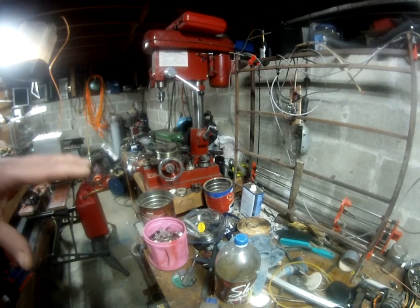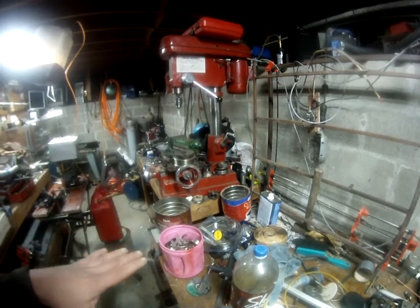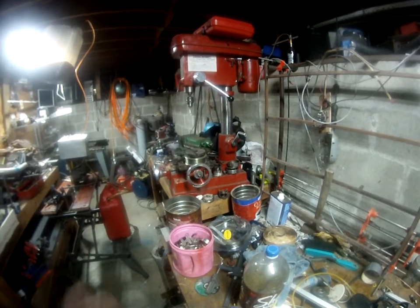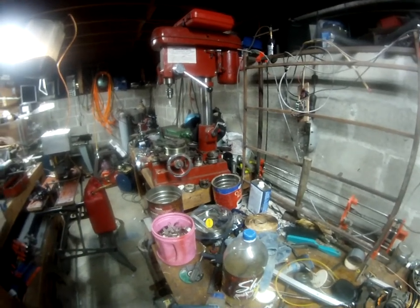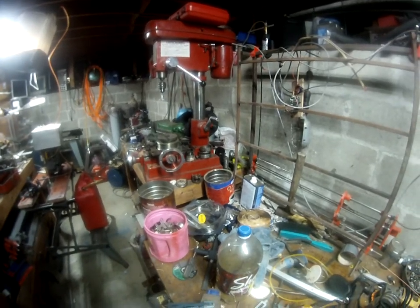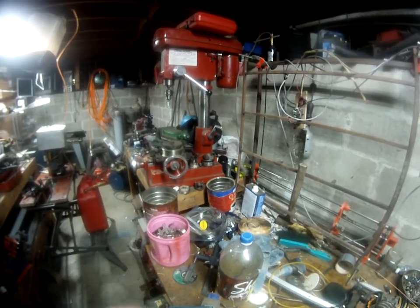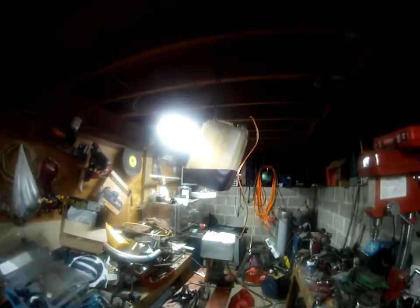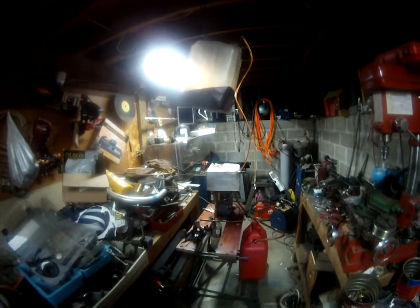Theoretically, I could probably take off diesel from the very top, and it would probably be good enough to use if you had a good filter, which my diesel engine still runs. I just don't expect it to ever plug on this stuff. Anyway, I was getting ready to take my contraption down and shut this off, but I think I'll show you